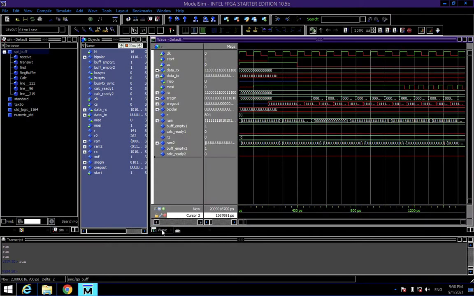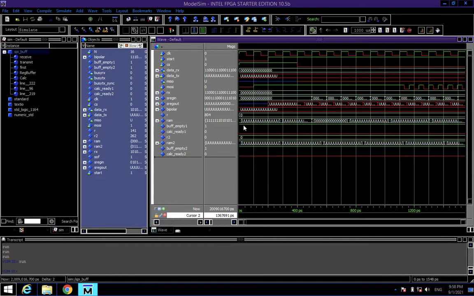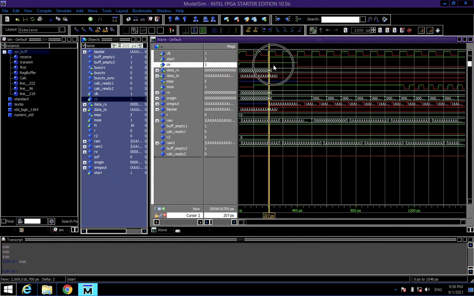So we go to the simulation. It takes a long time for the buffer to fill up, so I already have it here. So basically what we can see, it works the same as the other device, the master. Okay, start is high, then